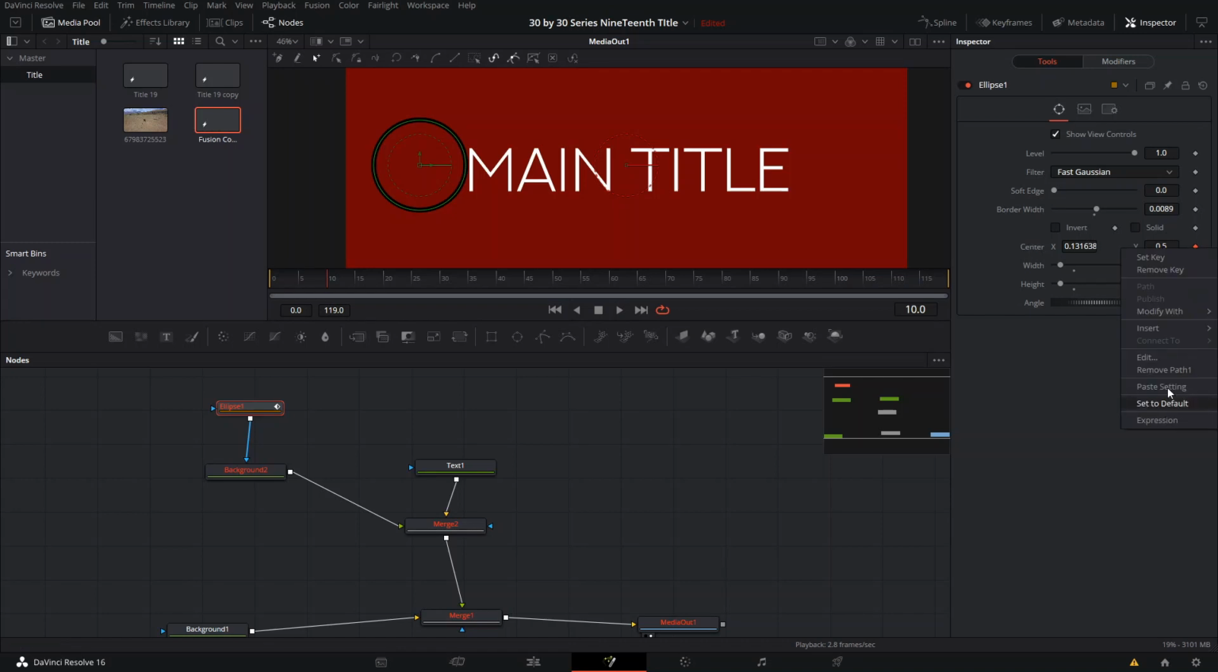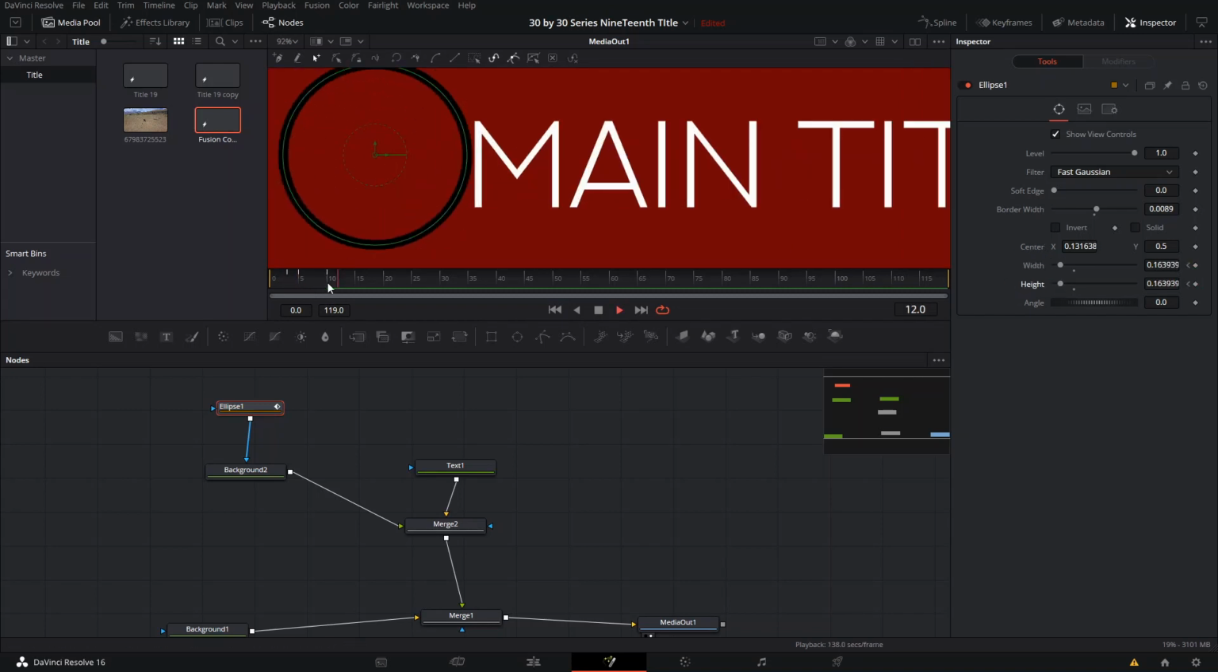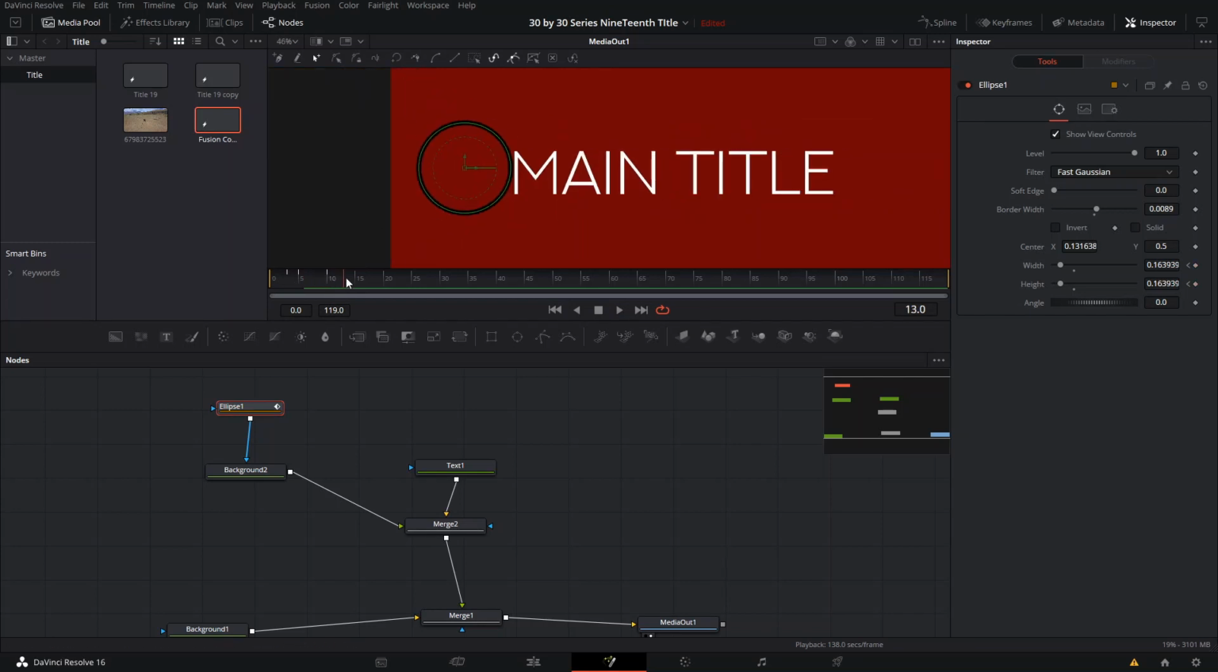Remove path. Okay. So first, we're gonna make the width go like that. And then here it's gonna be this one. So if it animates, it's gonna open like that. Then we're gonna go a couple frames, and there we're gonna create our position keyframe. And we're gonna go